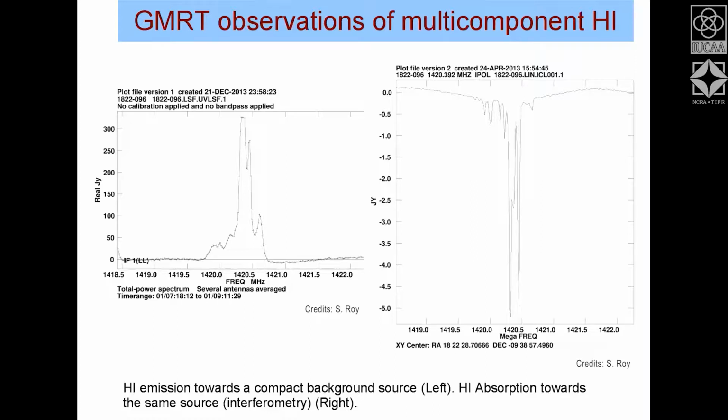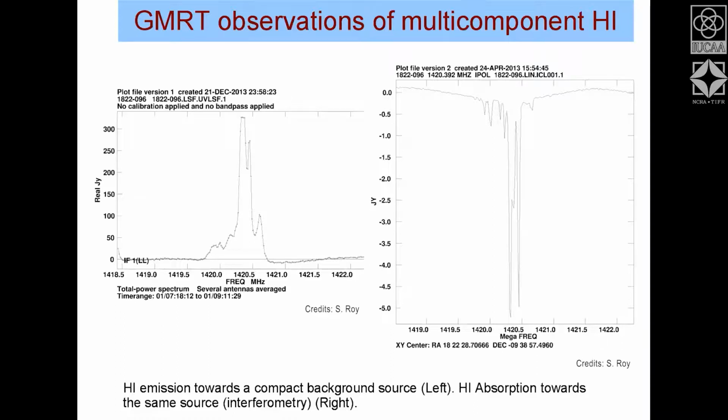It is that. So it was effectively 2 Jansky in emission. It has become minus 5 because we've subtracted the baseline. Correspondingly, you will see very narrow lines in multiple places. Now, one characteristic difference you can see is that these lines are much narrower compared to what we are seeing in the left side plot, which is in emission. This right side is in absorption. So this absorption plot is much narrower.